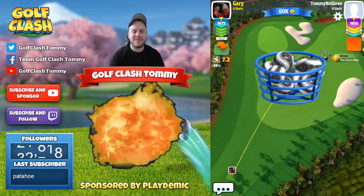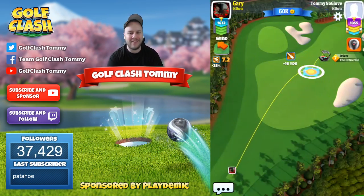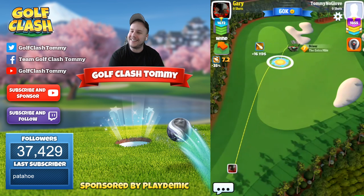Hello everybody and welcome to hole number 3, a par 5 of the Southern Pines in the Southern Pines 9-hole